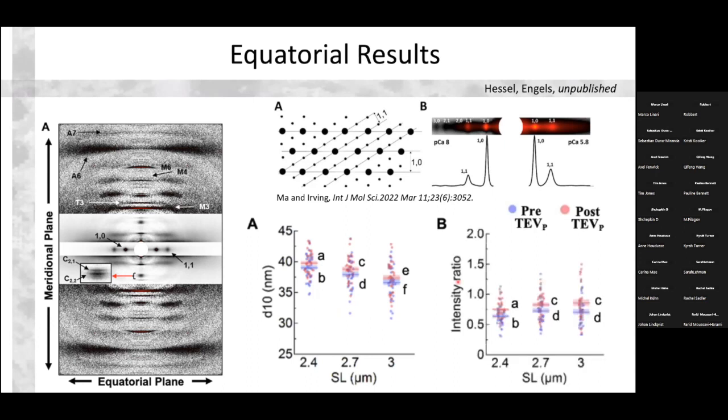So here we took a look at intensity ratio for what's commonly considered as distribution of the myosin heads, either toward or away from actin here. And what we see is, again, an increase in intensity ratios consistent with the idea that myosin heads might be moving out towards actin. And this also was reported for the knockout mice as well by Brett Colson, I believe.